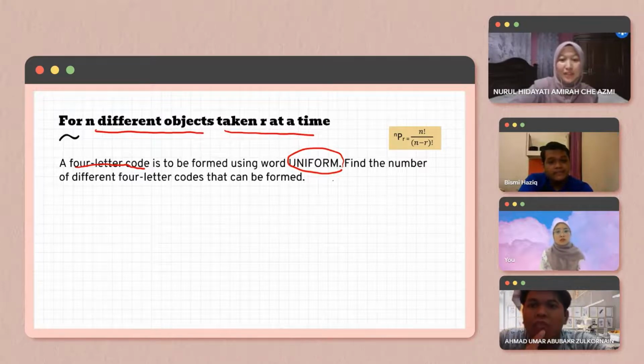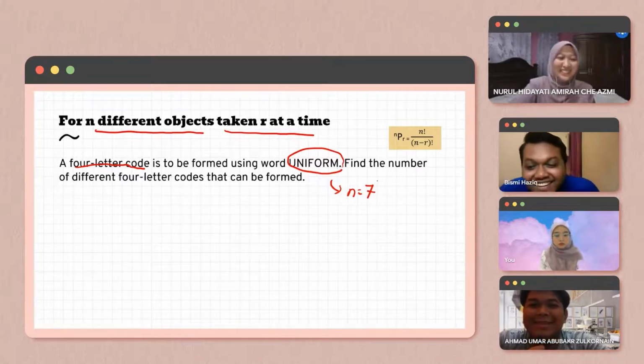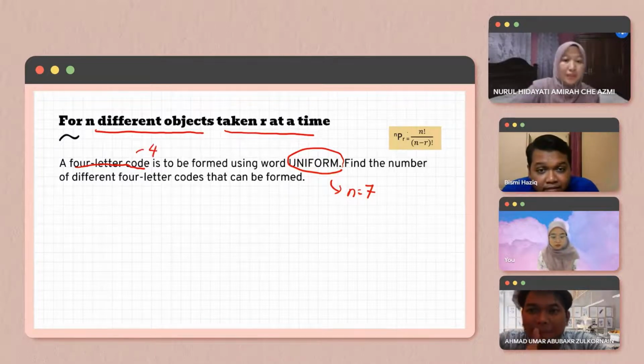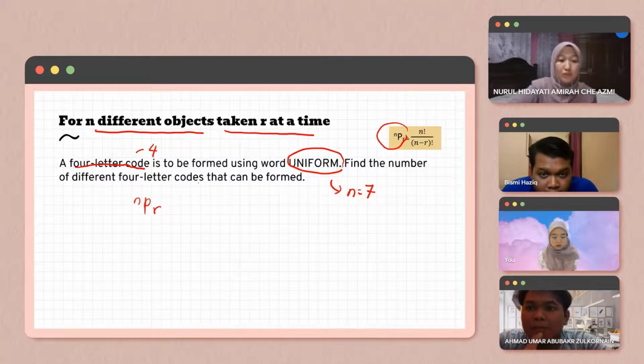So n is how much? 7. And r? 4. Good, r is 4. We apply the rule nPr, so we just need to insert into the formula. So n is 7, 7P4, and we will get